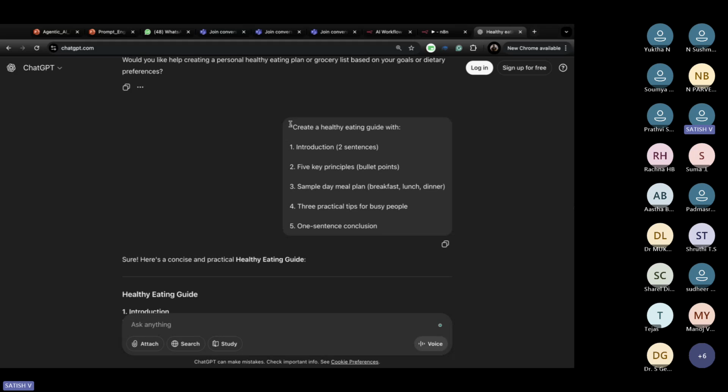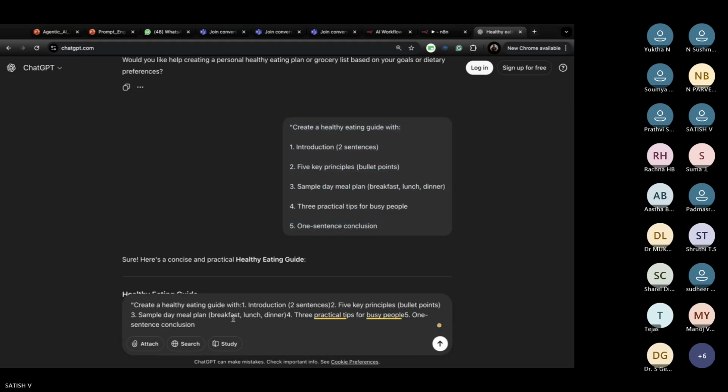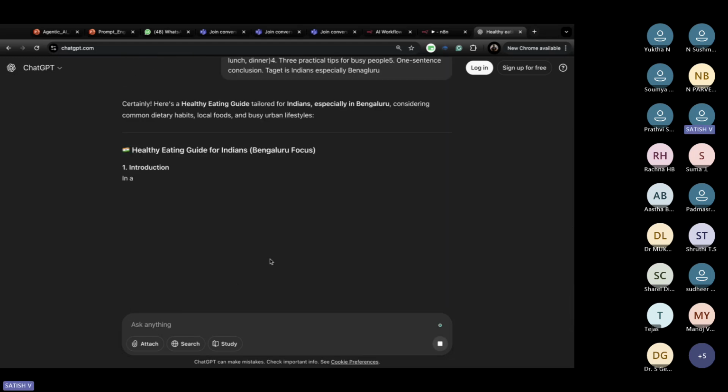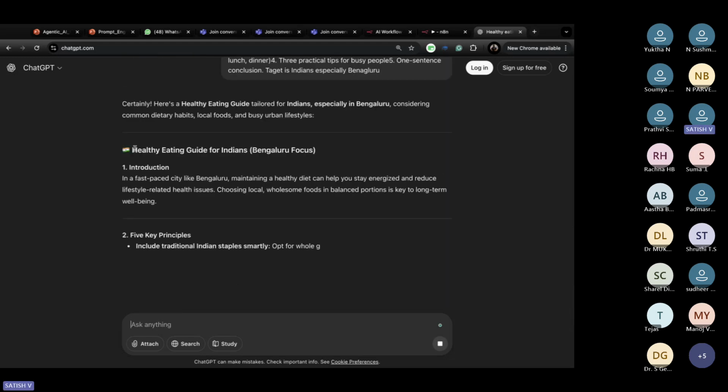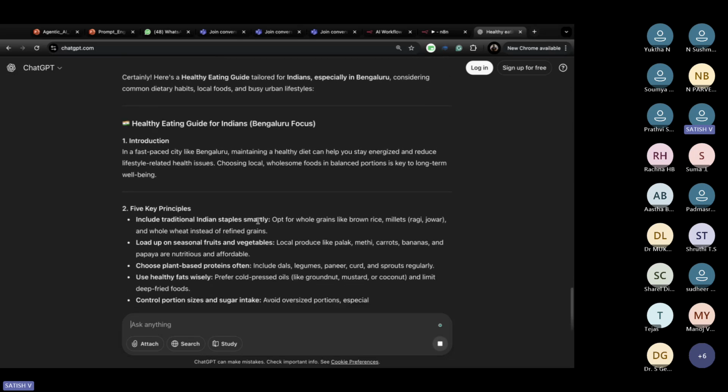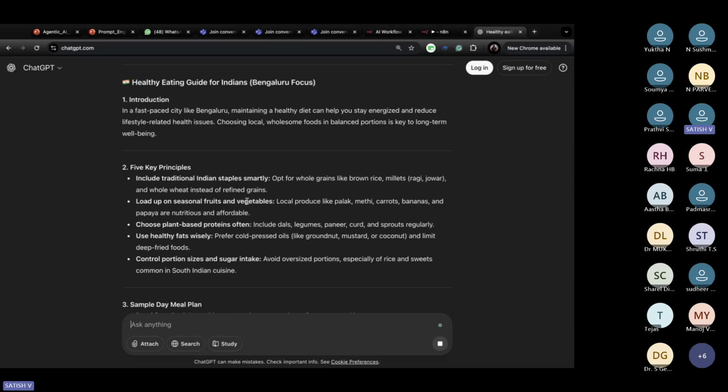So you can further customize this prompt. How? You can tell it the target is Indians, especially Bengaluru. The more context you give, the better outputs you will get. As you can see, it quickly understood I am someone from Bengaluru asking for these healthy eating tips. So it will plan things according to the Bengaluru